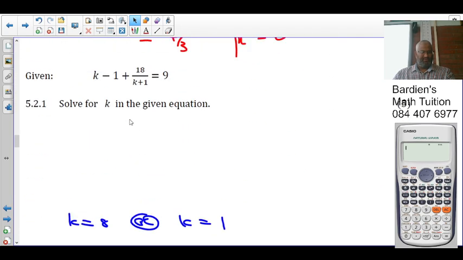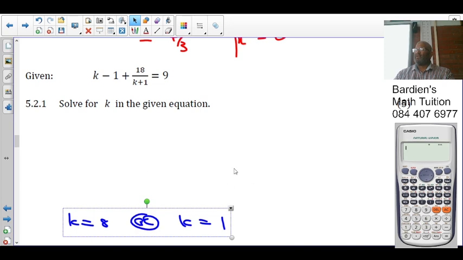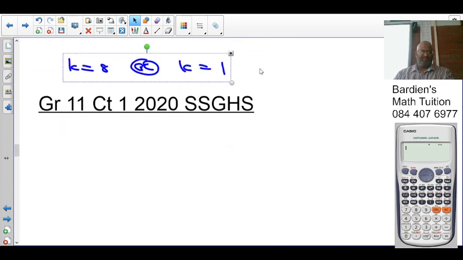So let's see how far we got. We basically solved for K. Was that the last thing we did? No? I showed you how to get K. Okay, so the second part of the question,